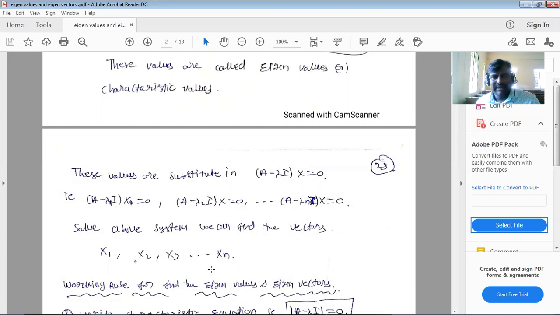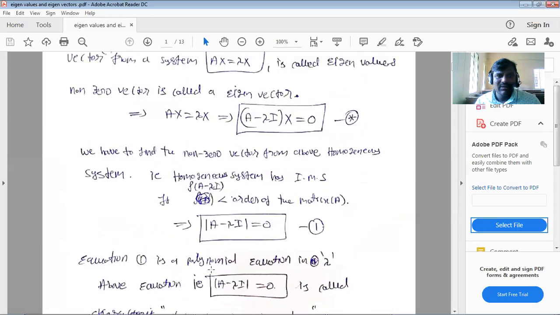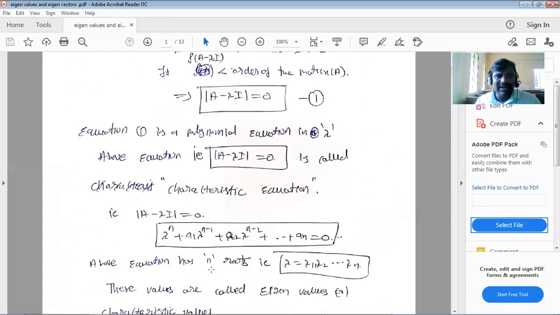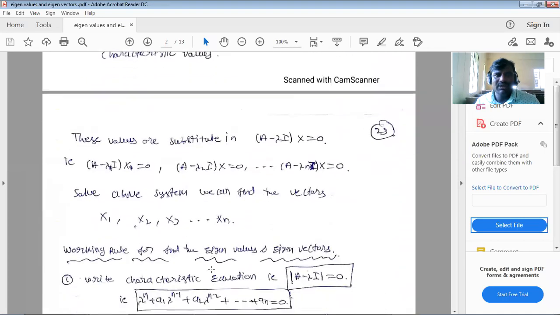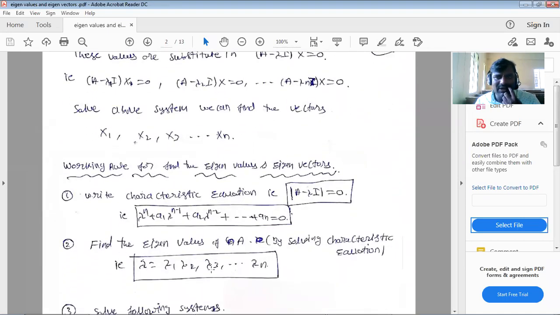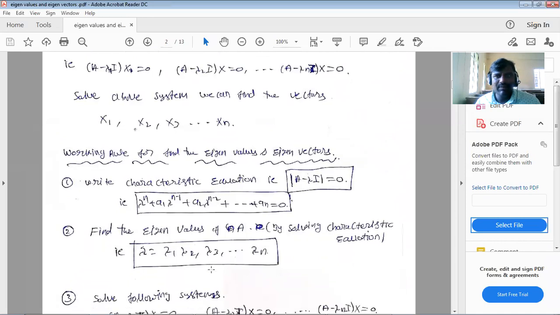Now, how to find eigenvalues and eigenvectors? See, everything is discussed here now. Using just the definition, I am finding the eigenvalues and eigenvectors. Now, what is the working rule? What we discussed so far, you write as the working rule steps, and we can solve for the eigenvalues and eigenvectors of the given problem.